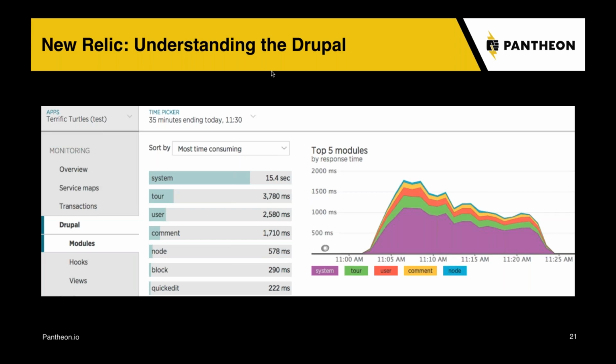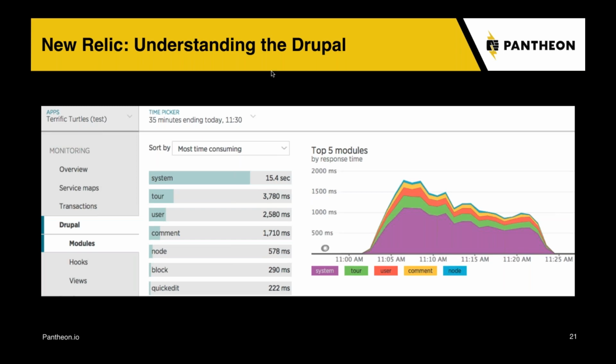New Relic helps you get those pages, helps you understand which modules are involved, and also which hooks are being implemented and how long those take. So if you have some maybe non-performant node hooks, you can actually figure out which node hook it is. Is it an insert one? Is it a delete one? And figure out, on a hook level, what's going on. Or I think this is probably the most helpful: which views are the most